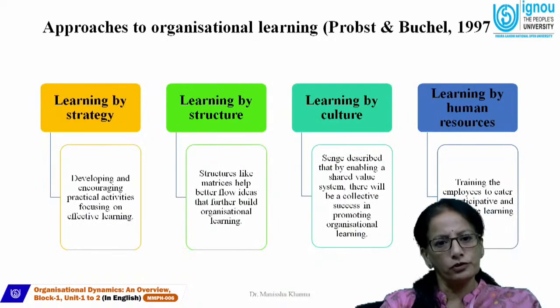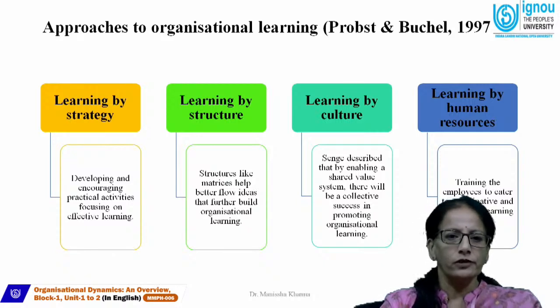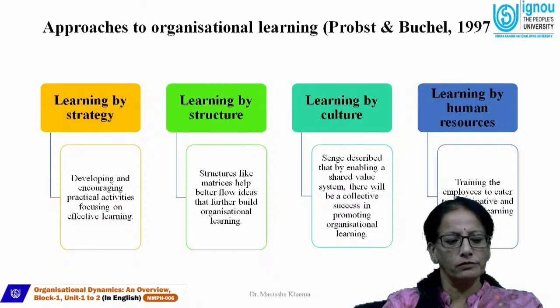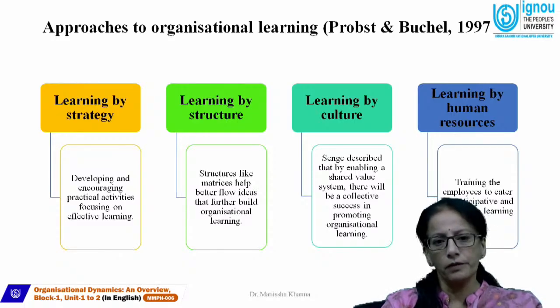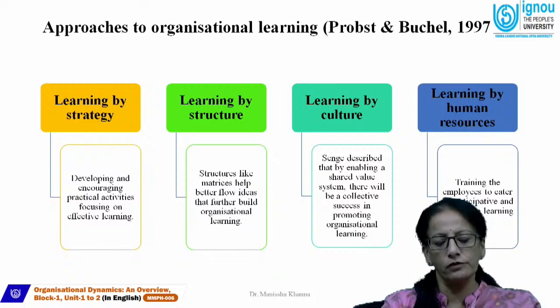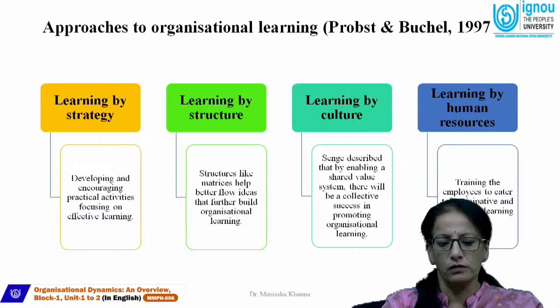Now, what are the approaches of organization learning, given by Provost and Butchell in 1997? First, learning by strategy. Learning by strategy refers to when things are developed to encourage practical activities. Learning by structure, where structures like matrices help ideas flow better and further build organization learning. Learning by culture, given by Senge, is described as a shared value system. There has to be a collective process